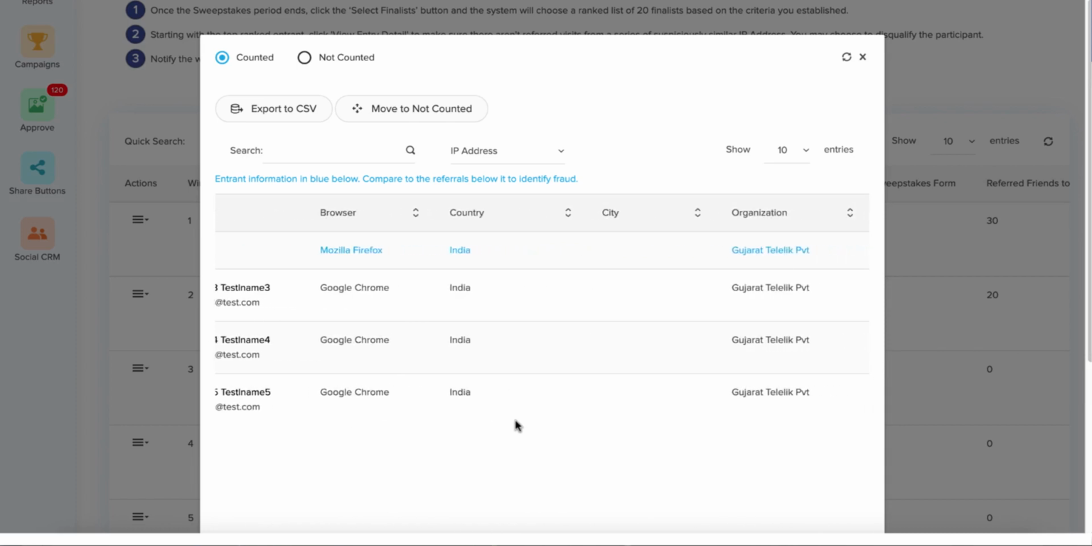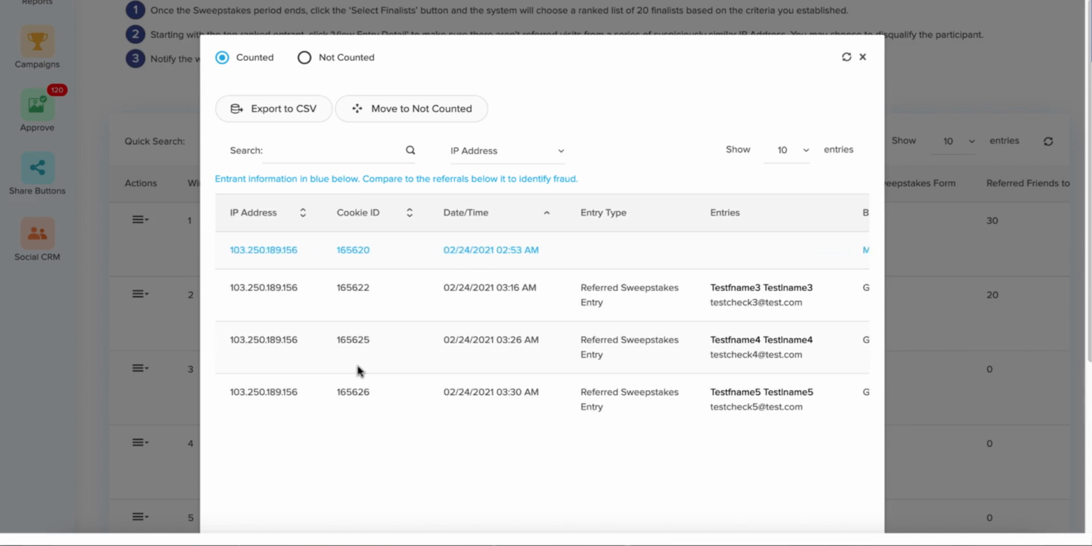And it gives us a chance to see, if it was a person referred, what is the browser location? Does anything look fishy? Is the cookie ID the same as the person? What you see here in blue, this is the cookie ID of the person who originally entered. So as you could see, it's the same IP address, but slightly different cookie ID. That would tell me that the person used a different computer, a different device, to go and